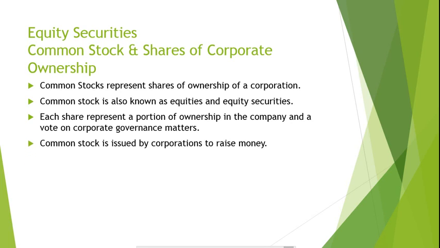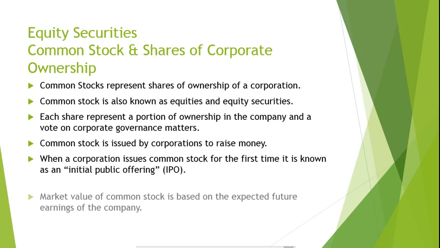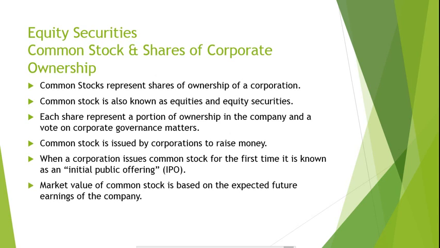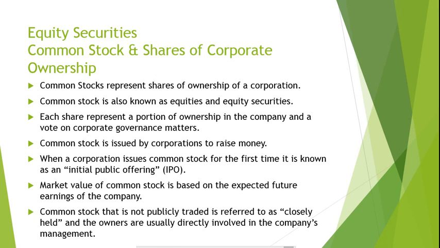Corporations issue common stock to raise money from investors. When corporations first issue common stock, this is known as an initial public offering, or an IPO. Investors who purchase shares of common stock directly from the issuing corporation can sell their shares in the secondary market. The market value of shares of common stock is based on the expected future income of the corporation. As news changes, so does the financial forecast for the backing corporation, resulting in fluctuating market values of their shares